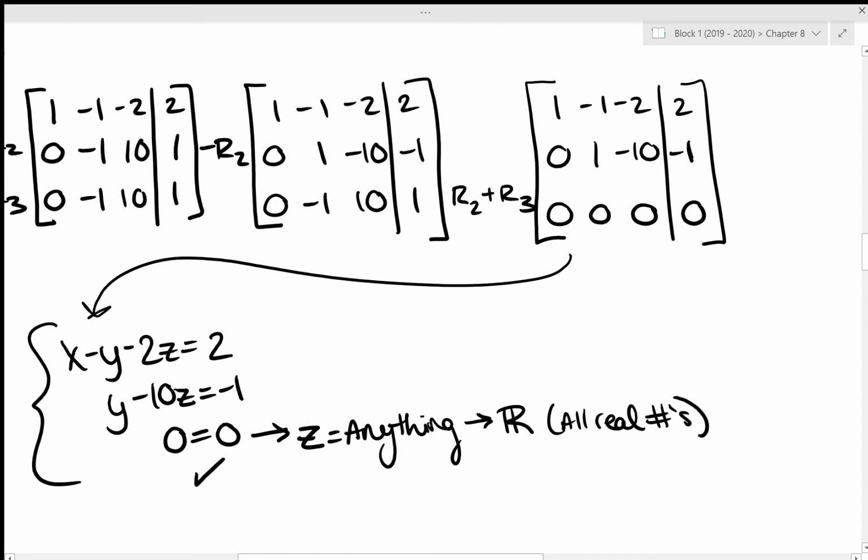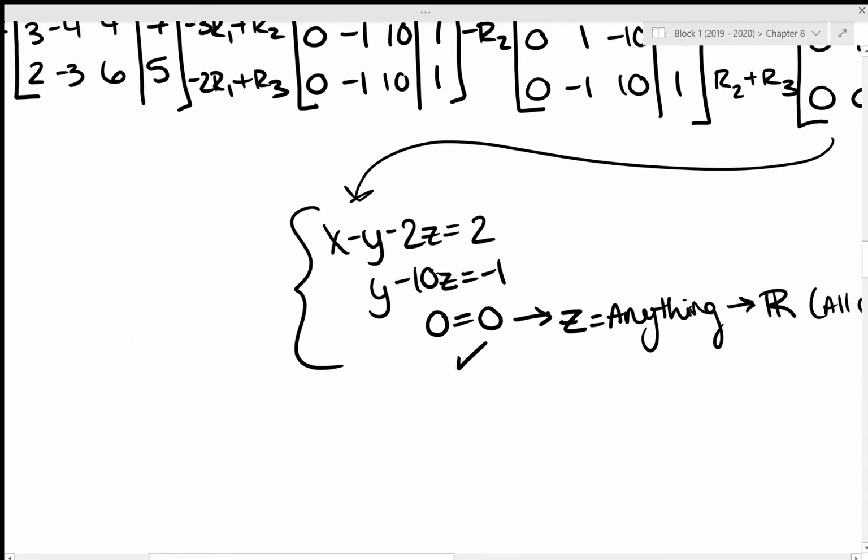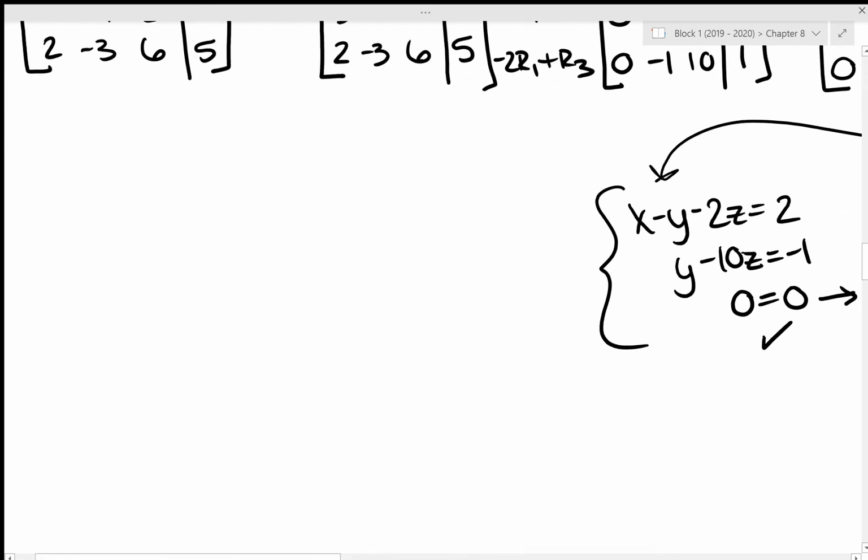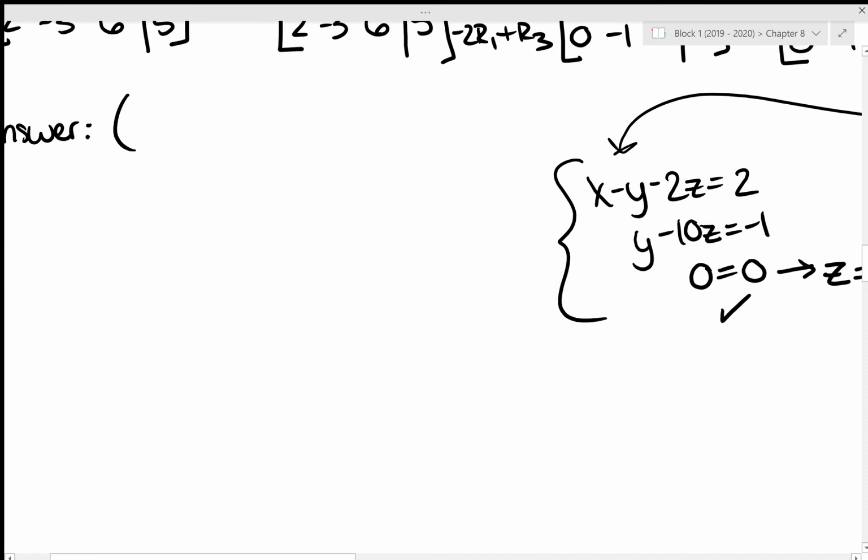So z could be whatever it wants. Now, something to keep in mind, usually when we get an answer for z, we plug it in, we back substitute up, and we find our y, then we substitute that up and get our x, right? So what we're going to do for infinite solutions is, I'm still going to write my answer as an ordered triple, okay? However, I am going to try and rewrite y and